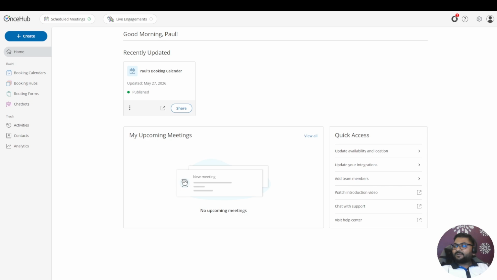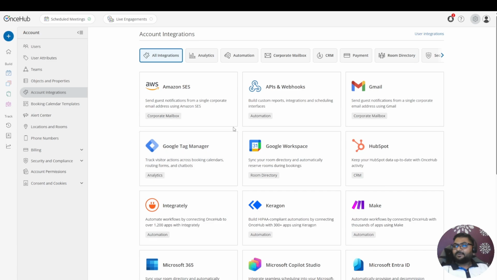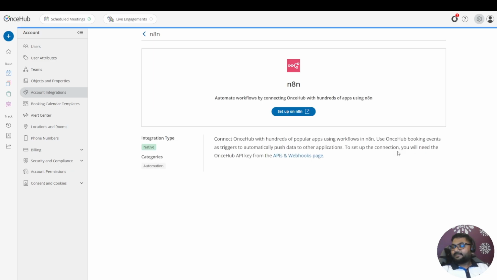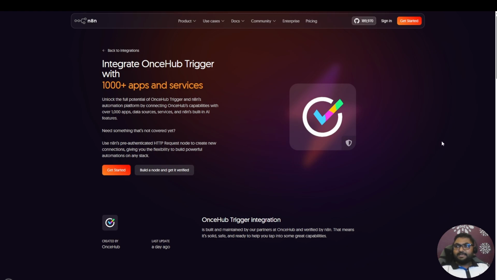Log into your OnceHub account, click the gear icon and select Account Integrations. On the Account Integrations page, go to the Automation section and then select n8n. Now click on Setup on n8n and it will take you to the n8n website. In case you don't have an account, you can click on Get Started or click on Sign In and it will take you to the